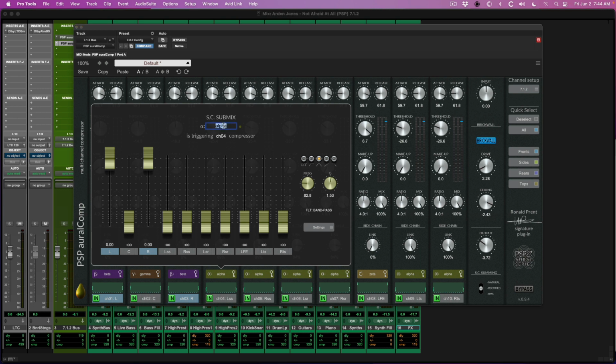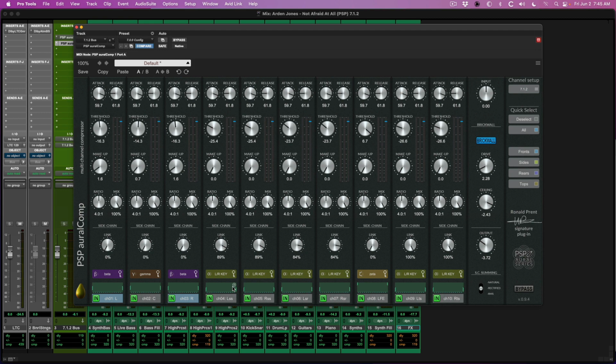So let's rename this. We'll rename this left and right key. That basically means that this submix is only being keyed by the left and right channels. As you can see, all the other channels have been turned down in the submix, and the left and right channels are on. Additionally, I'm using a bandpass set to 82 Hz. So the submix is really only just feeding the kick drum to the surround channels,